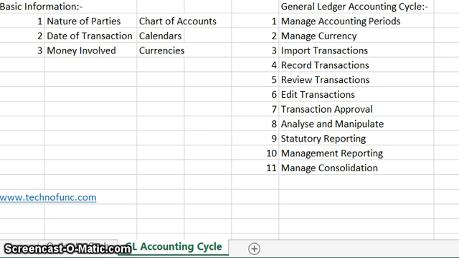of information. The first one is the nature of the parties, and that's where you set up your chart of accounts. The second one is your date of transaction, and that's when you set up your calendars. And the third one is your currency, so that's when you set up your currency. So the General Ledger accounting cycle, after you have those three basic pieces of information, the first step is to